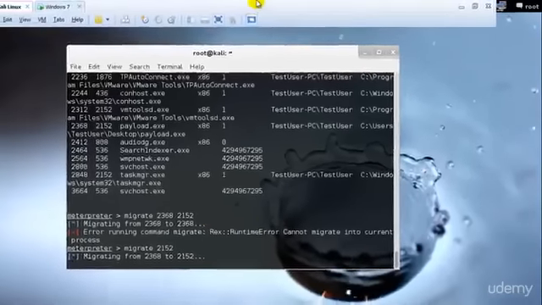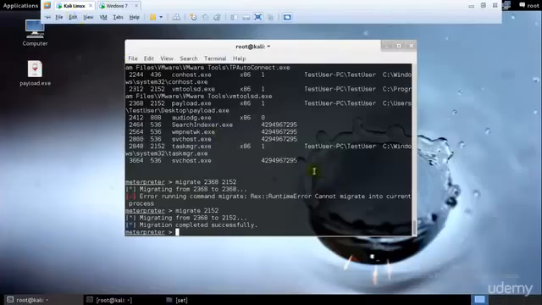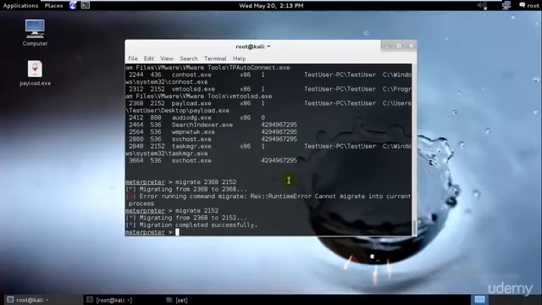Okay, it should be done successfully. Perfect. And if I go ahead and check, I cannot see the payload over here. The reason being that it's migrated to Explorer itself. Perfect. So now the next thing that I would like to do would be to gain access